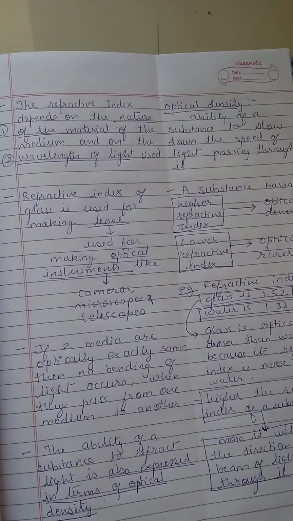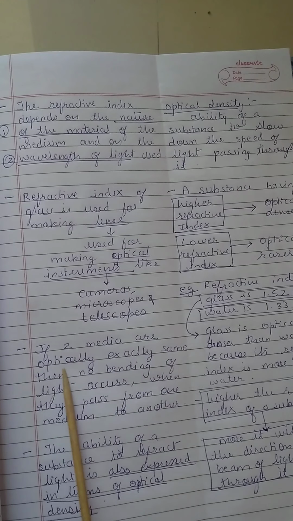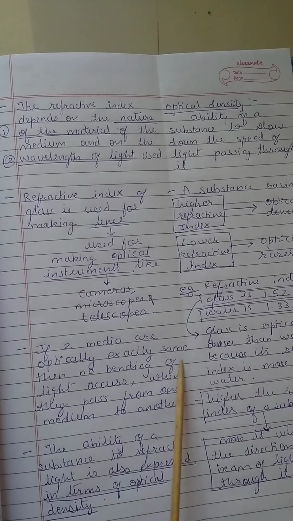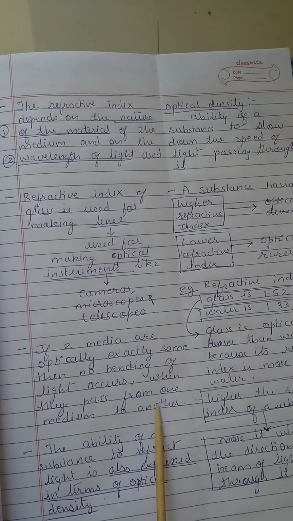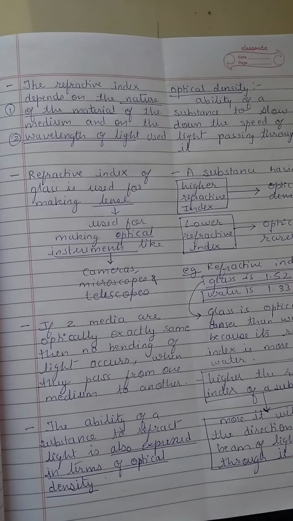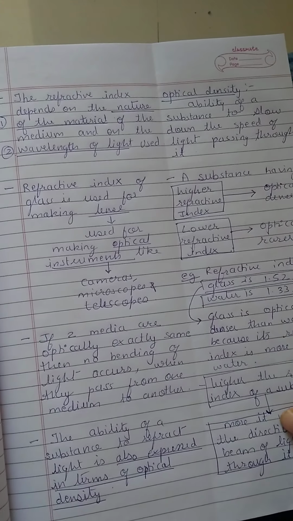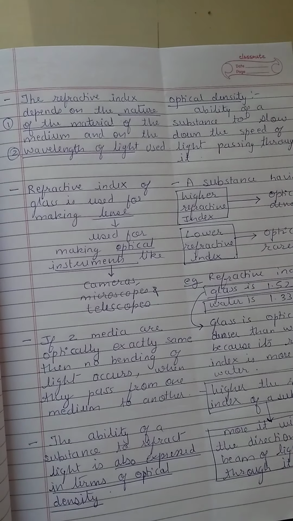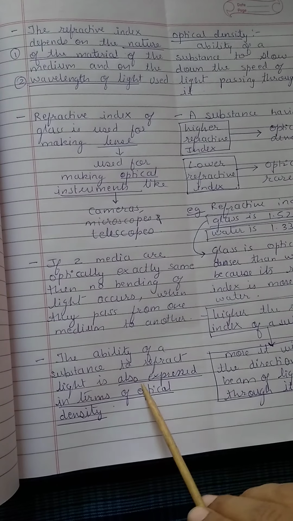If two media are optically exactly the same, then no bending of light takes place. When light passes from one medium to another and the media are optically the same, the light will not get refracted. The ability of a substance to refract light is also expressed in terms